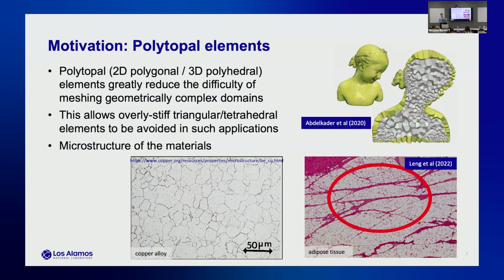Another motivation to use polytopal elements is that we can respect the microstructure of the materials. There are two figures. The bottom left shows the microstructure of copper. It has grains, and the grains are of polytopal shape. They are weird. They can be convex. They can be non-convex. And each grain,